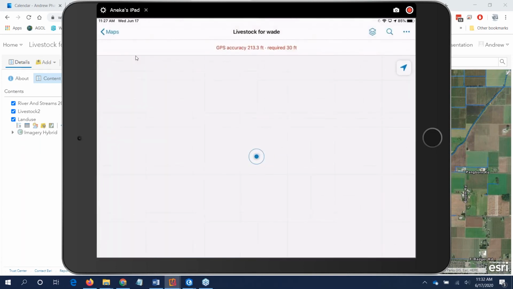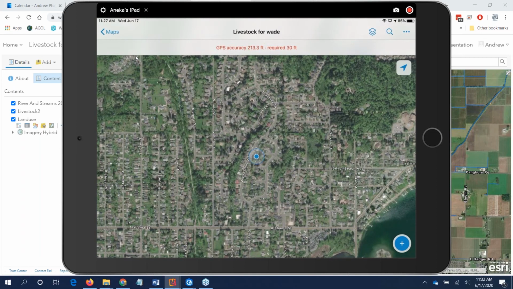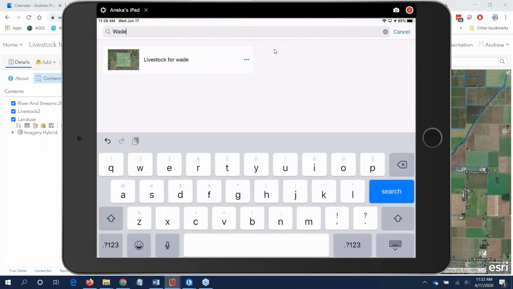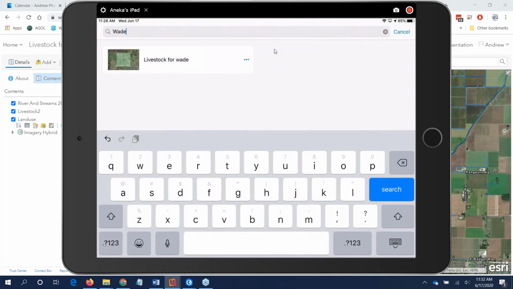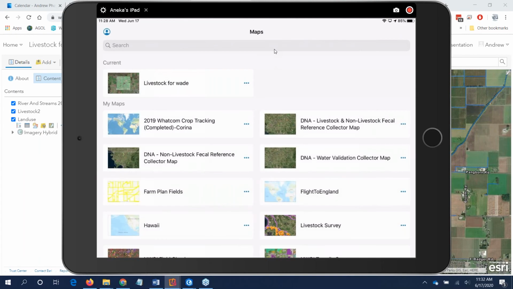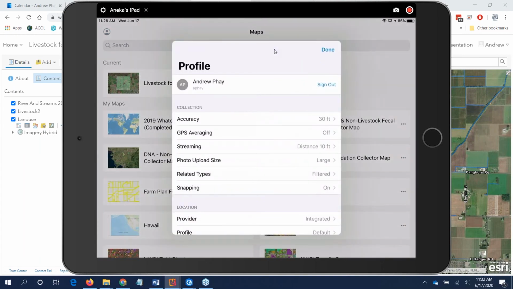I click on that map, and you'll notice at the top, it says GPS accuracy is whatever, and it's required to be 30 feet. Well, I'm in my house. I'm not going to get good GPS in my house. So if we go back to maps real quick, cancel. You can click on your profile up at the top right over here,